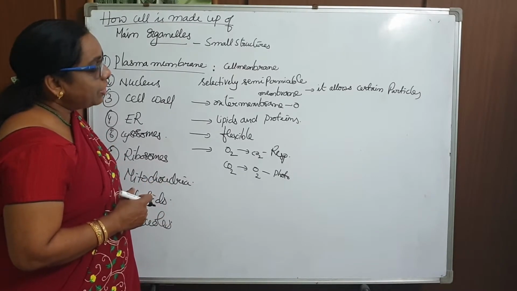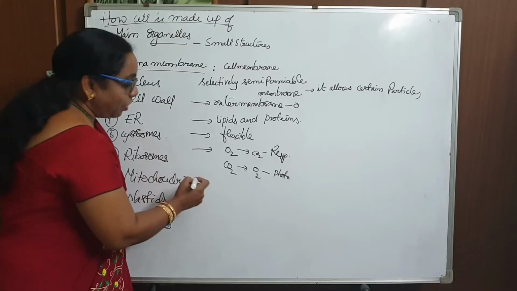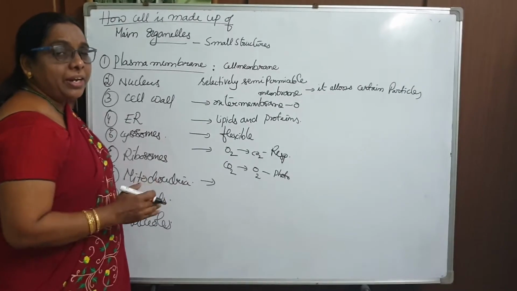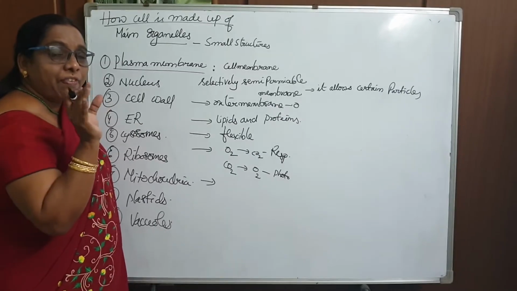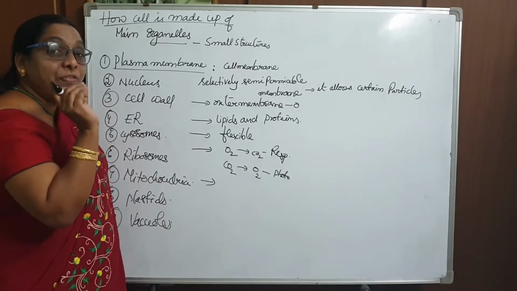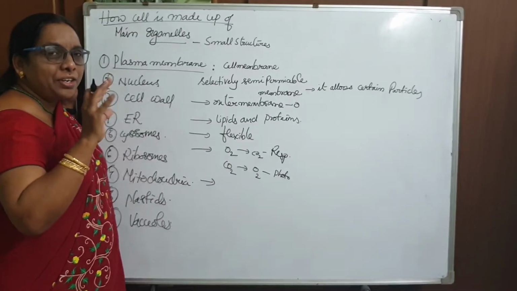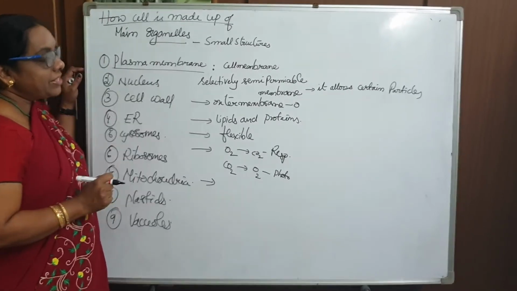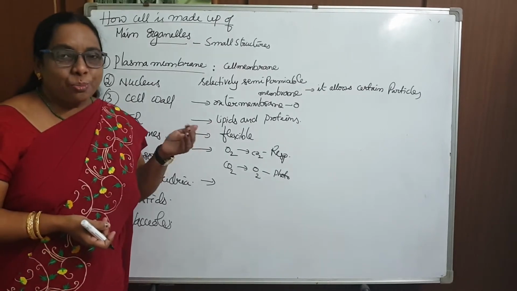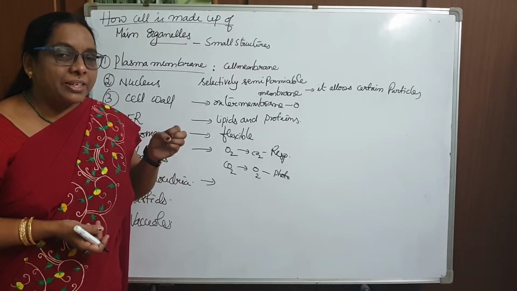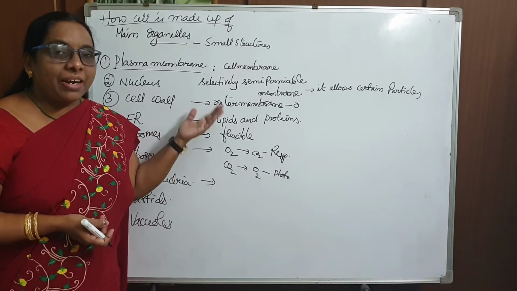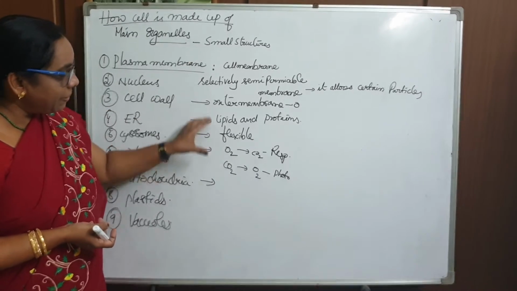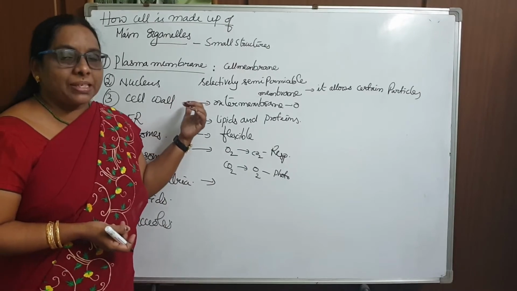Got it? Okay. So what are the other points? I will say that it is a bilipid layer. It is quasi-fluid in nature. Quasi-fluid in the sense that it is a liquid bilipid layer. It is present just like a liquid, and that's the reason it is quasi-fluid in nature. It is just like a sponge, which has porous openings. Through these, the required particles go in and what is not necessary is sent out. Okay, these are a few characteristic features of the plasma membrane.